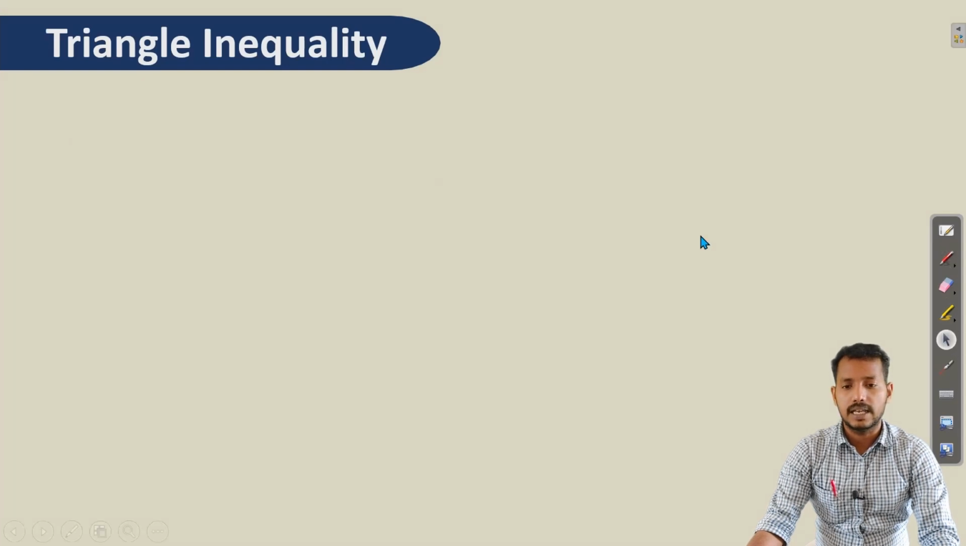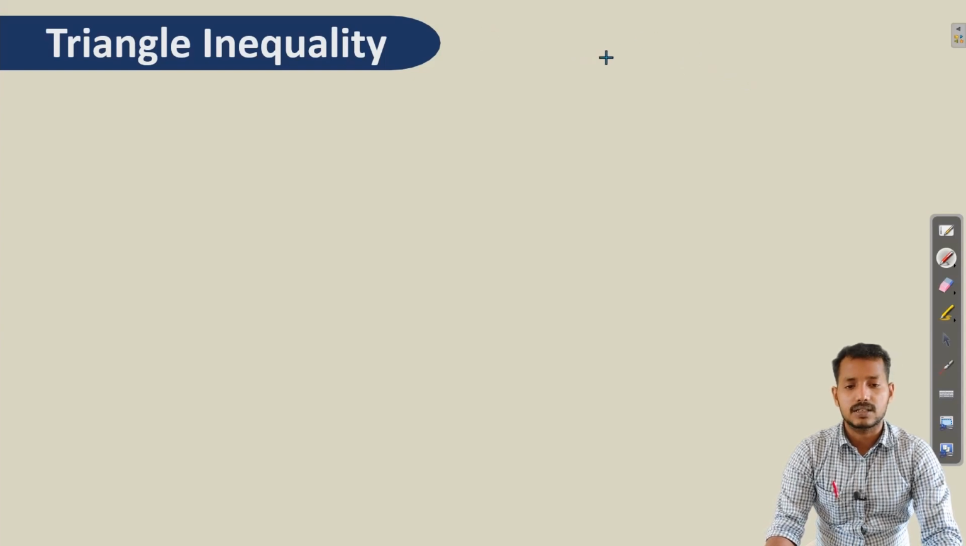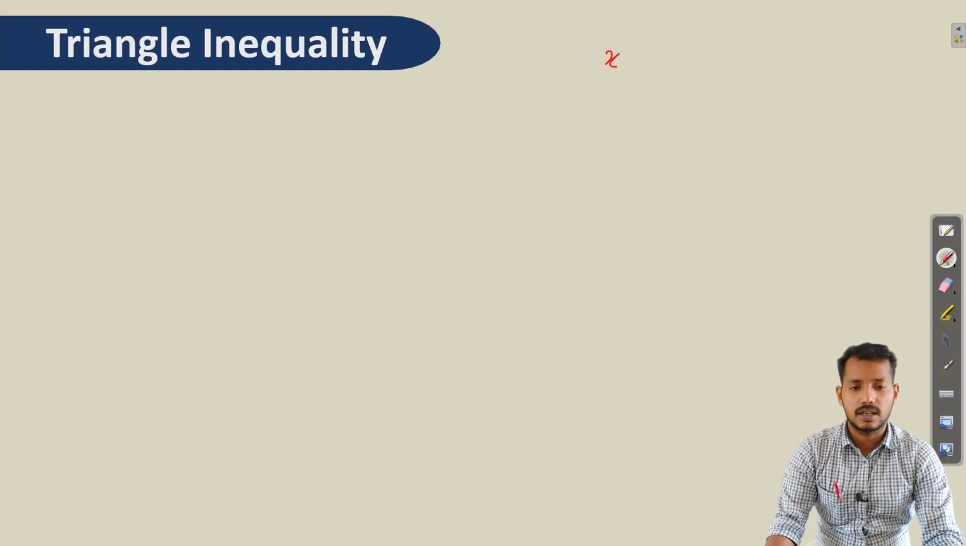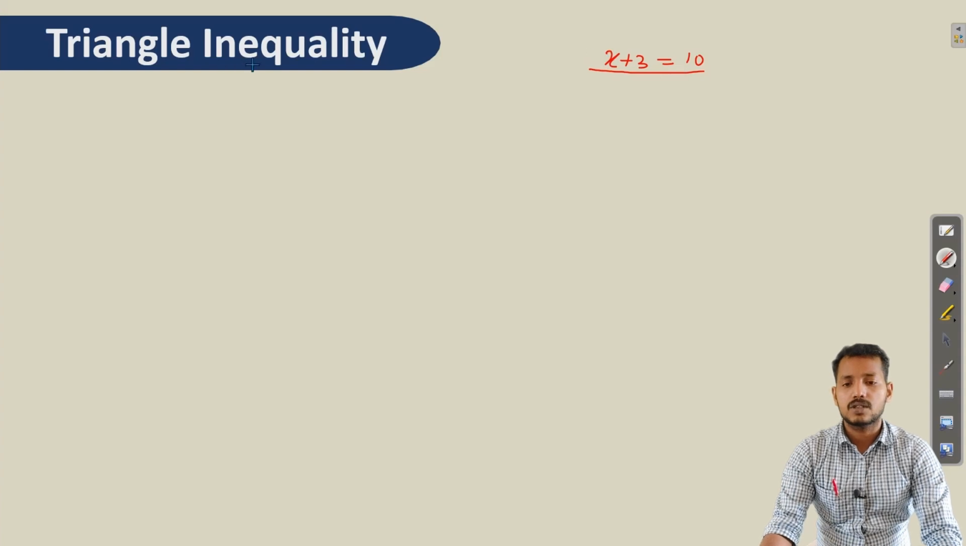What is triangle inequality? What is the difference between equality and inequality? Equality means two terms connected by the simple equalizer. For example, we can say x plus 3 is equal to 10. This is the equation. While inequality means the terms are not connected by an equalizer, instead of that